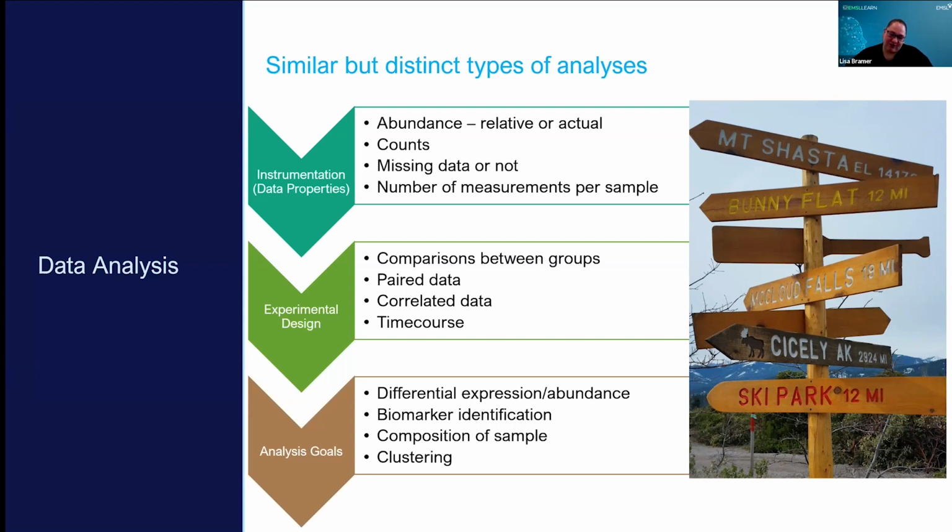In proteomics data, you get lots of missing data, versus metabolomics or lipidomics, where you may have very little missing data. In addition to that, everyone has their own type of experimental design, whether you're comparing two groups or you have a time course, and the goal at the end of your analysis may differ. So keeping that all in mind,